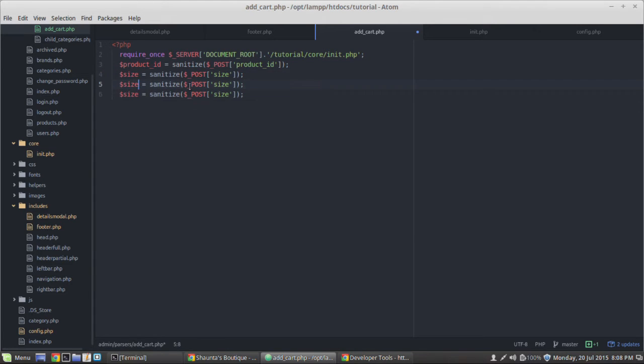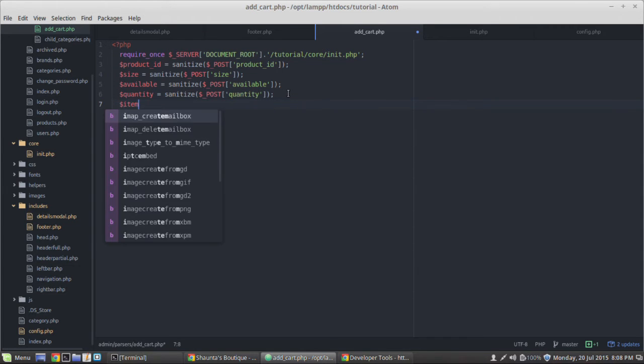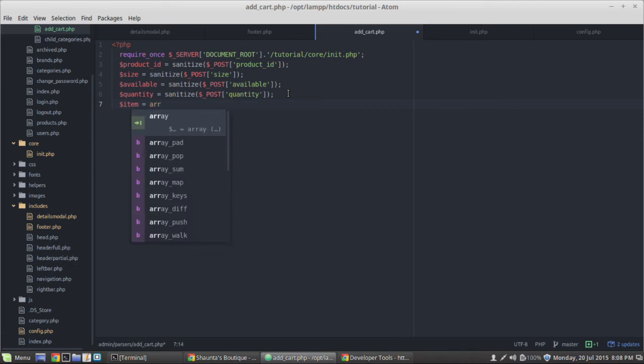The next one we're going to grab here is our available. Okay, and we will grab the quantity. Alright. The next thing that I want to set up is an empty array, so we're going to call that item. We're going to put that as an empty array. And then what we want to do is add to that